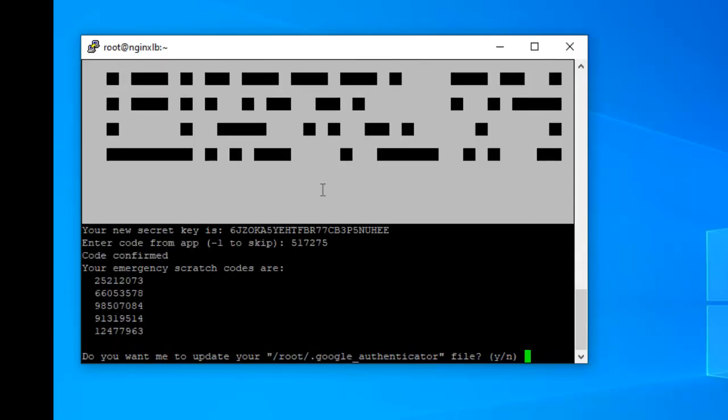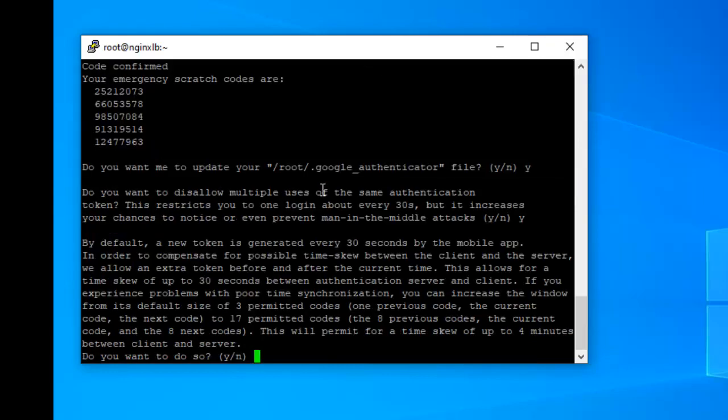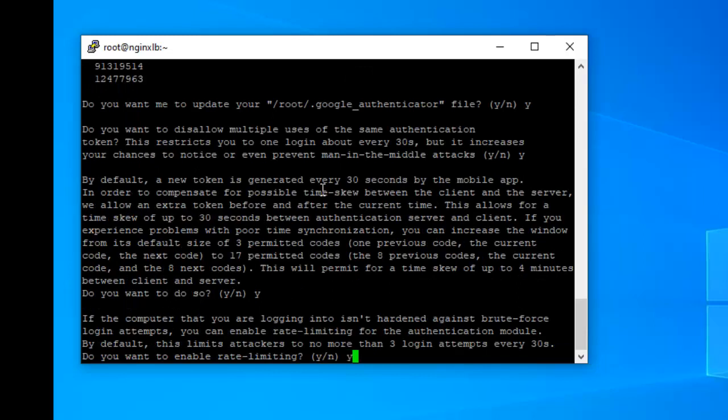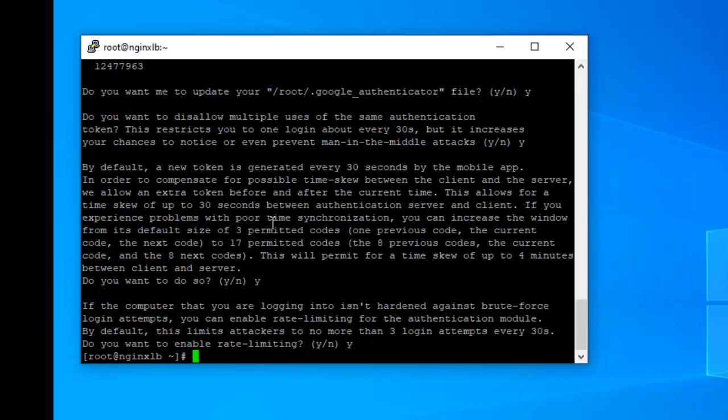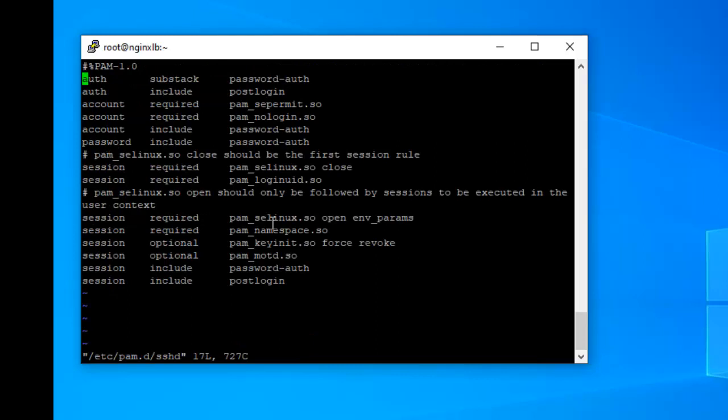For the installation questions, press Y, again Y, Y, Y. So friends, first we configure the Google Authenticator so file in the PAM module: vi /etc/pam.d/sshd.